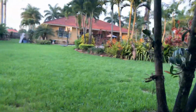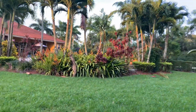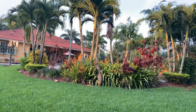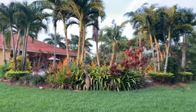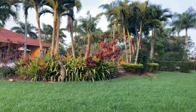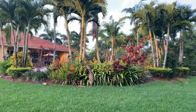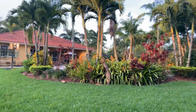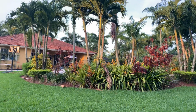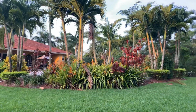I'm gonna walk around. I'm gonna show you everything, and I'm also gonna tell you guys that here in South Florida we're expecting a hurricane soon. Hopefully we won't get a direct hit, but it's definitely covering all of Florida right now. Today is Thursday. By Monday we should be getting some type of storm, whether it's hurricane or hurricane conditions or something's going on. I haven't seen today's advisory. It's still very early, so I really haven't followed up. As of last night at 11 p.m., all of Florida was in the cone of the hurricane's path. So not sure where it's gonna go in the next few days, but definitely we need to start